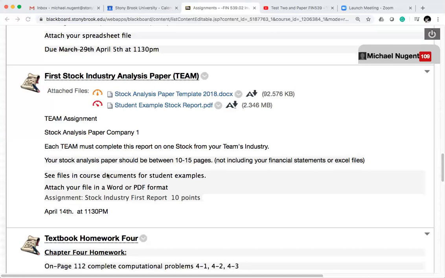Now, some of those examples are a lot more than I'm expecting of you to put together. They're just some of the best examples to show you. I think a problem a lot of teams will have is making the paper look good, because your skills in Word may be very poor as far as formatting a document like this, and you may not be familiar with any other tools such as Microsoft Publisher to make a more professional looking report. But hopefully someone on your team has some skills in actually drafting out something other than a Word document.